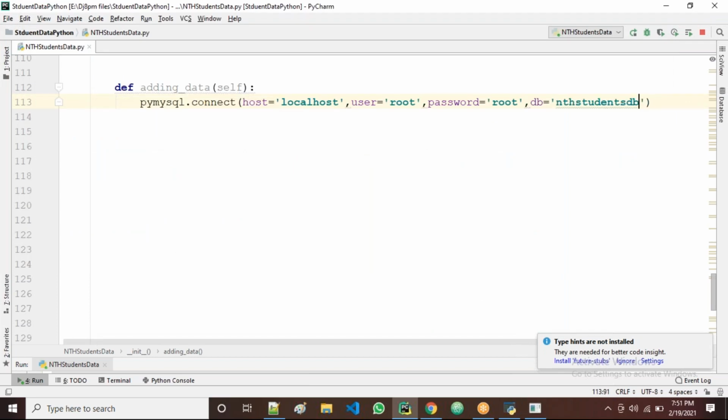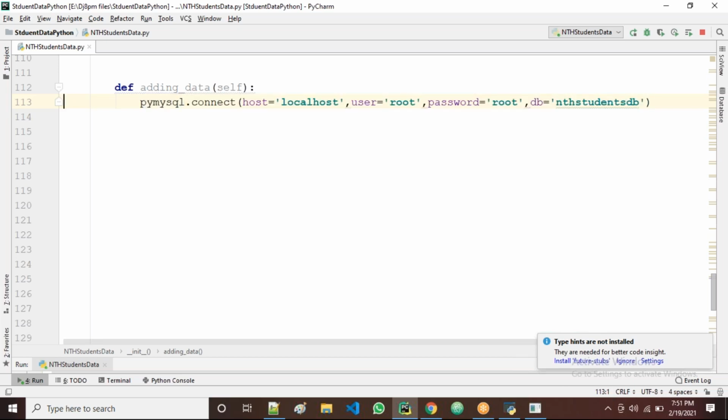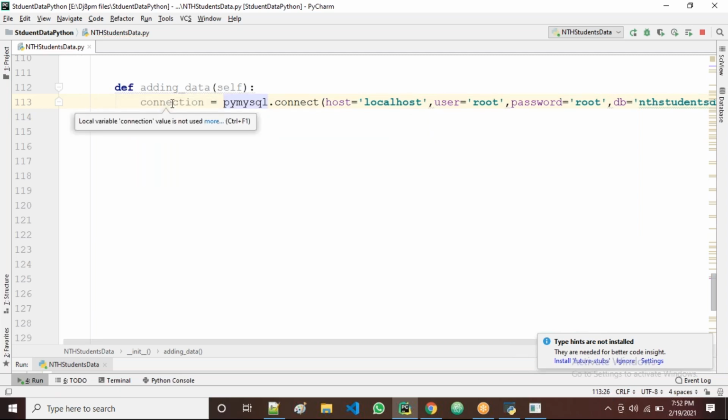Okay. Yes. Right. Now, what do we have here? We have the connection details, right? We have the connection details. So these connection details, I'll take into one object, into one variable, guys. I'll take one variable like connection. Okay, I'm taking the variable name connection. It's a user defined name, right?